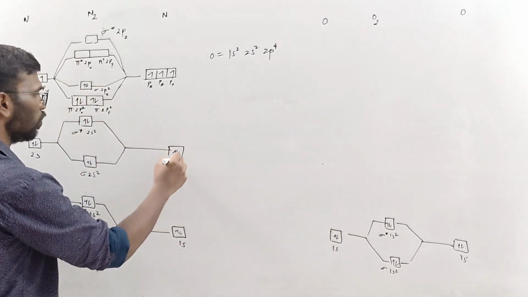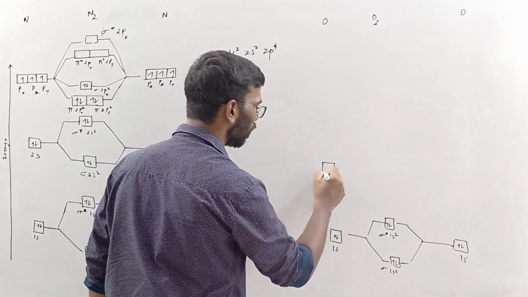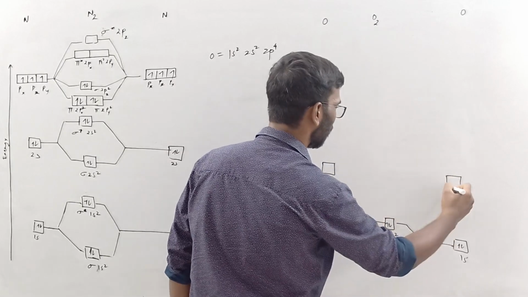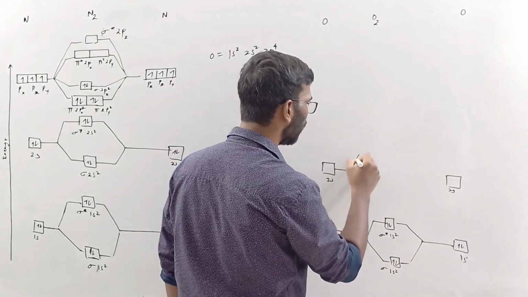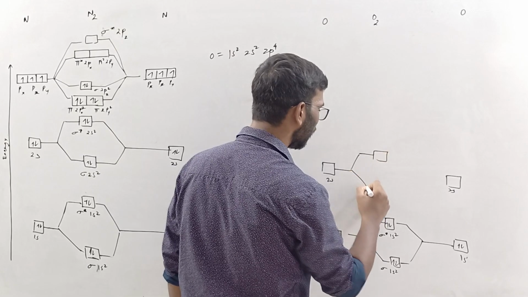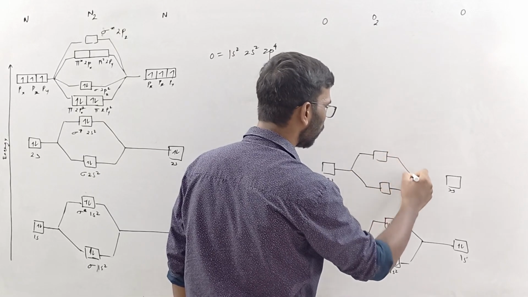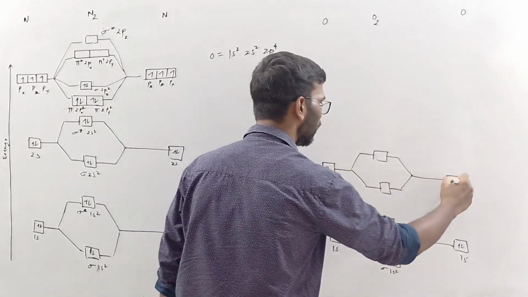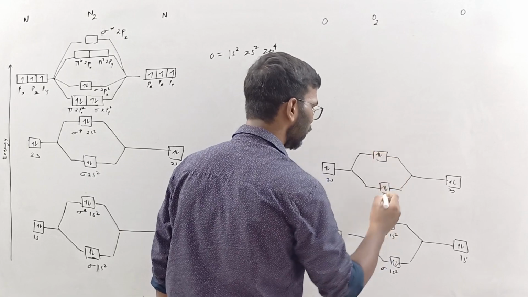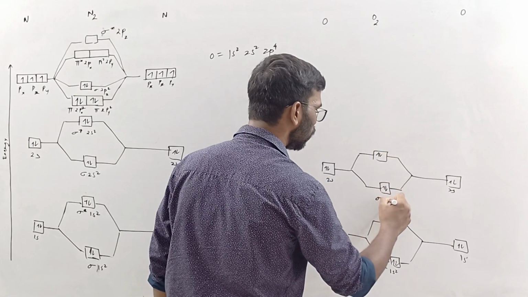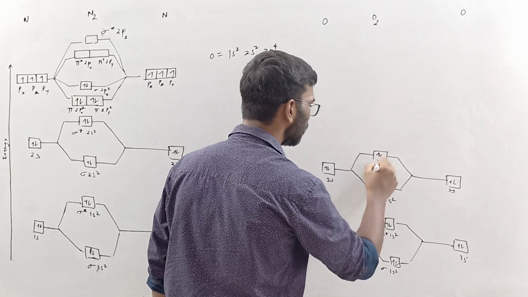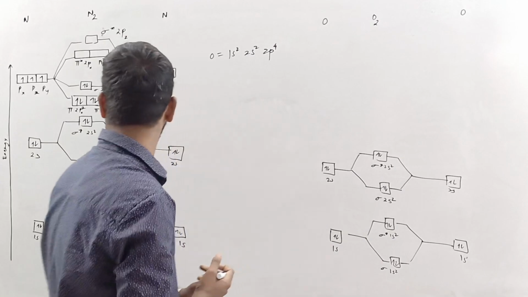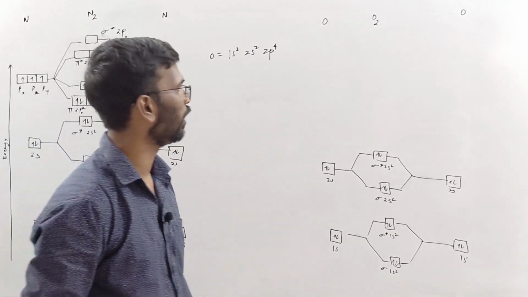So again there is a 2s orbital, and as per the configuration there are 2 electrons in 2s. Again there will be an anti-bonding and a bonding molecular orbital, right? Here there are 2 electrons, here there are 2 electrons. 2 will go here, 2 will go here. So this is sigma 2s2, and this is sigma star 2s2, right? That is how we write it. Star is for anti-bonding.